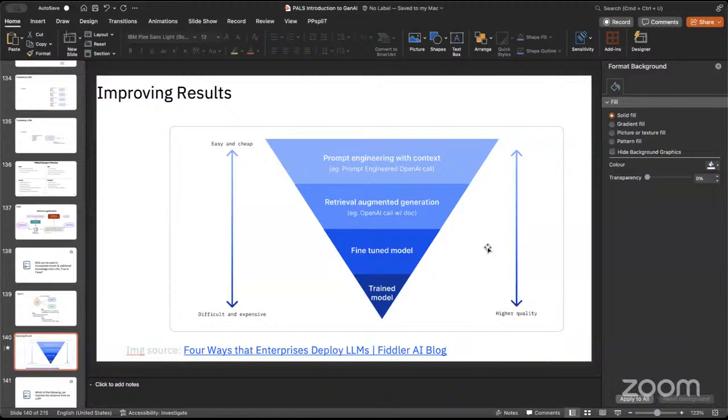I can retrieve newer things. I can search the internet, get newer articles, give that as a context to the model and ask it to answer questions. That's called retrieval augmented generation. And the other part is where I teach the model by demonstration. I can give it some examples and teach it by demonstration to do certain tasks. So in this lecture, we just looked at the bottom of the pyramid.